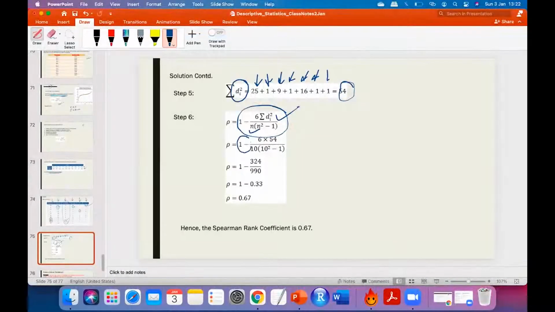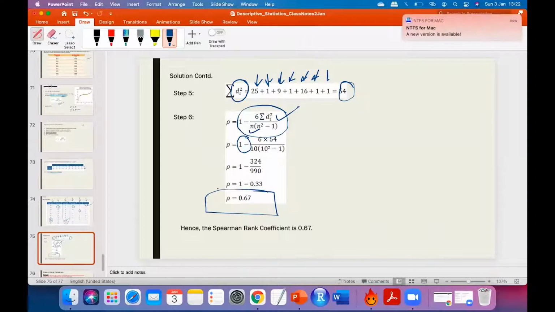And 1 minus. I forgot to tell you this is also included in the formula. And that will give you the Spearman rank correlation. Now, what is the difference here if you see? Can you tell me what is the main difference here with respect to that of the Pearson's correlation?